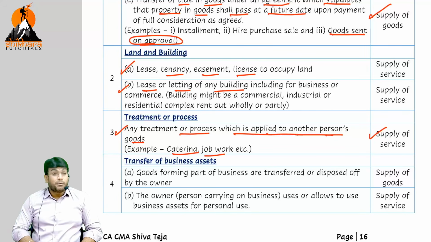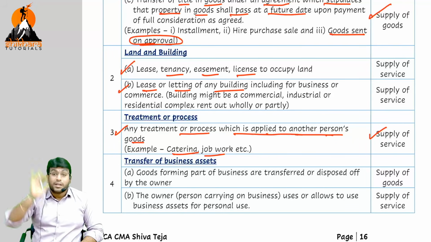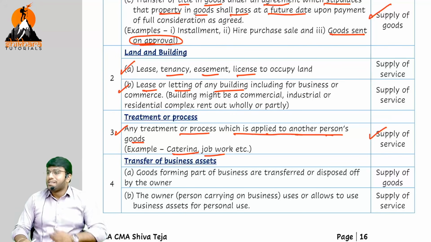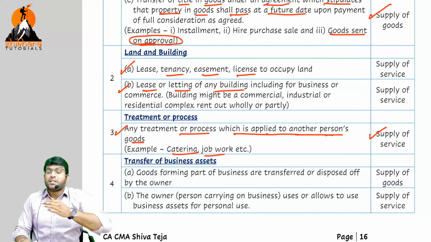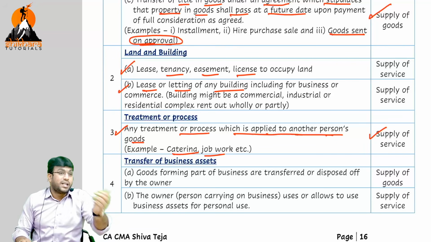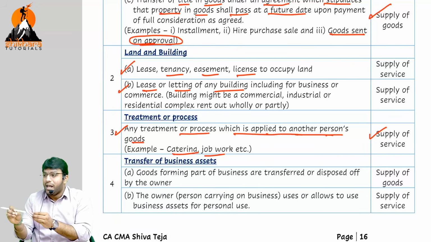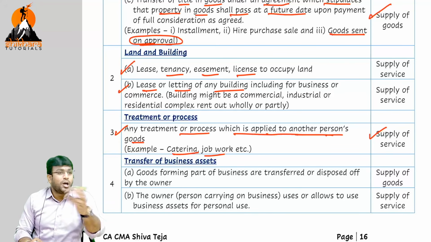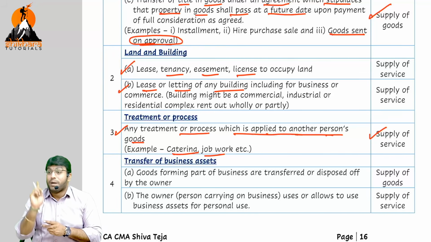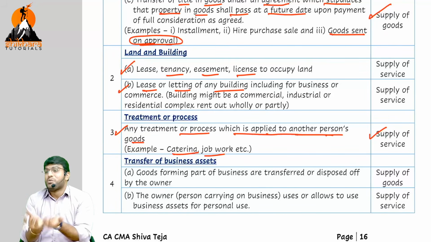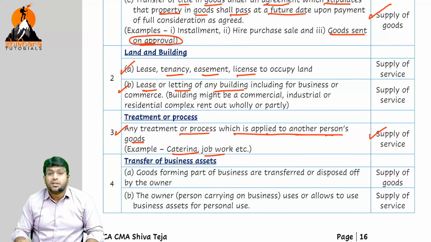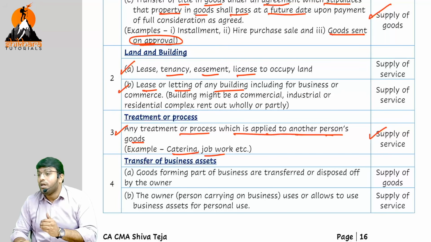Job work is different, subcontract is different. Subcontract means a part of the contract is completely given. Job work means we will give the materials and get the work done. For example, we would have purchased some shirt cloth piece, in your case, dress materials. You are going to a tailor and getting it stitched. What the tailor is doing is called job work, because the material belongs to you. Now don't tell me, sir, buttons I did not give, he is only using his buttons. The primary material you only gave, no sir. Buttons, thread also you will not give, but the primary material you only give. So working on some other person's goods is called job work.